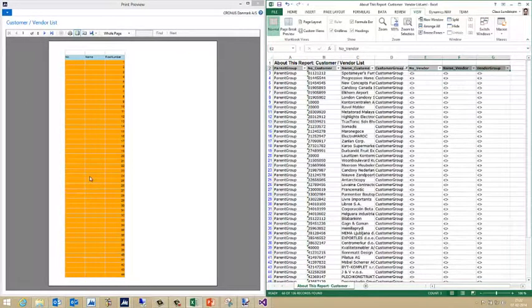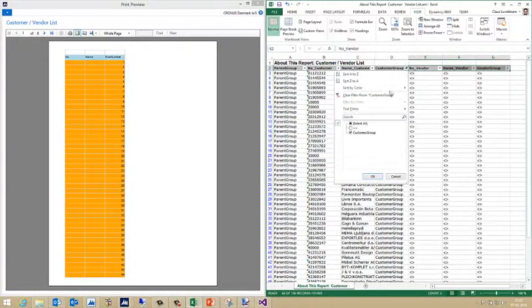It's exactly the same thing with vendor. So I always filter in Excel, so it's easy for me to know exactly what filters I need to do over in Visual Studio. So what we need to do now is that we need to fill out all the blanks. So we get the customers showing in the customer group, and we can ignore all the vendor lines or vendor rows that we have in our data set. So let's go back to Visual Studio and make that change.